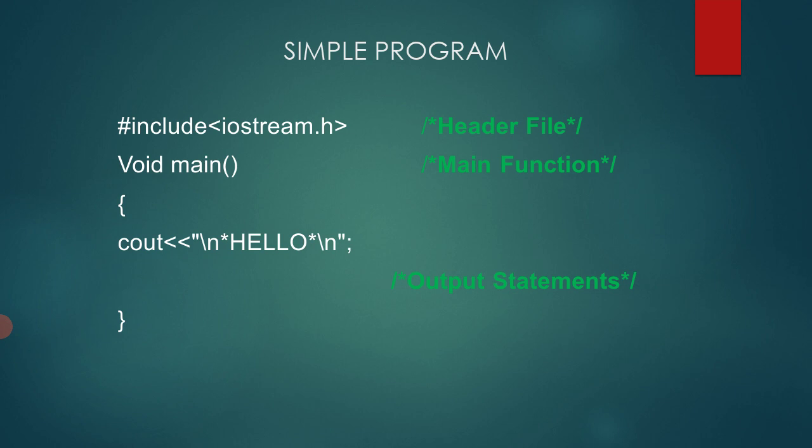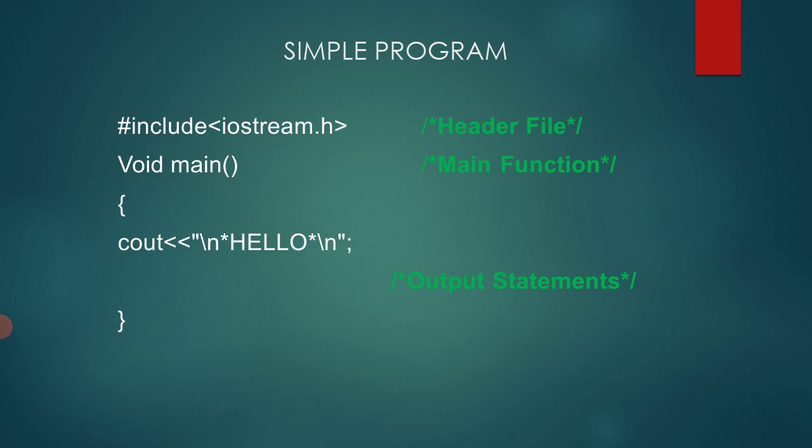Here I have not used cin, I will explain cin in another program. So here I have used only the cout statement. The cout statement is used to print a message on the output screen. So this is cout. After cout you have to apply that operator, and in the double quotes you have to write the text whatever you want to display as output on the output screen.